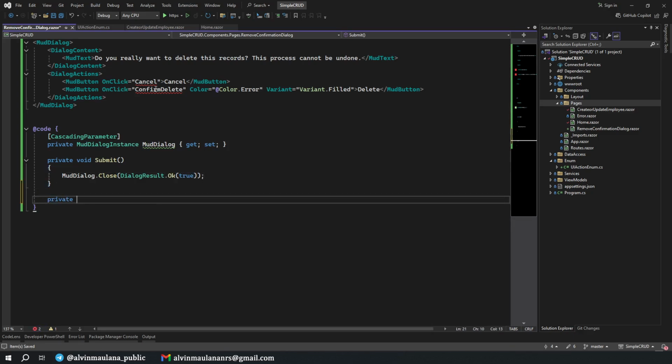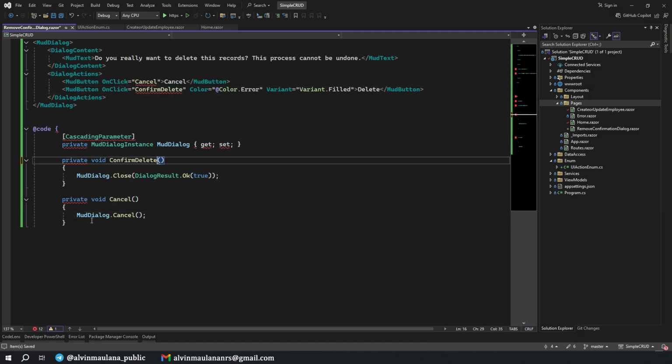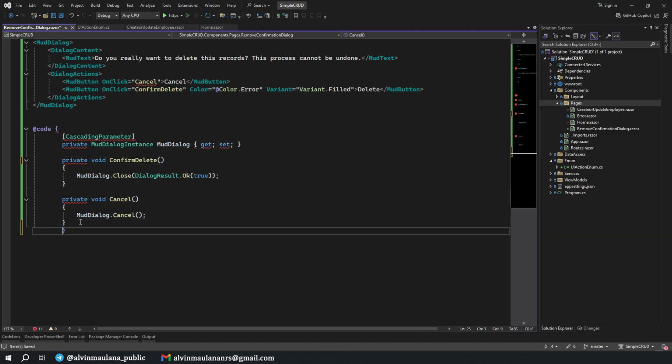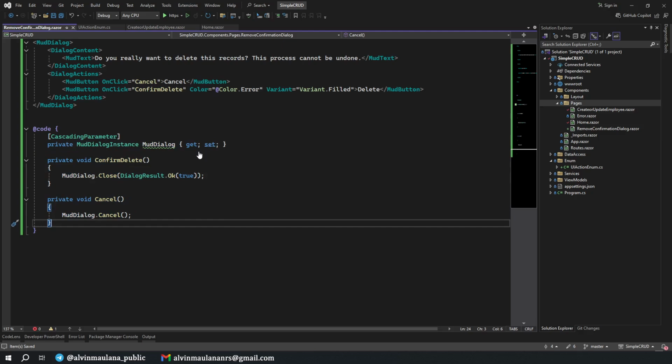And then for Cancel, we just call MudDialog.Cancel. Seems there is an error. Okay, this one is Confirm Delete, and this one needs to be closed. Why is there still an error? Okay, nice, there is no error anymore.